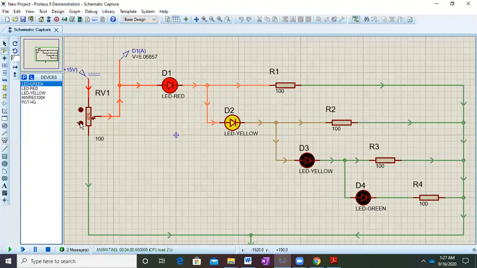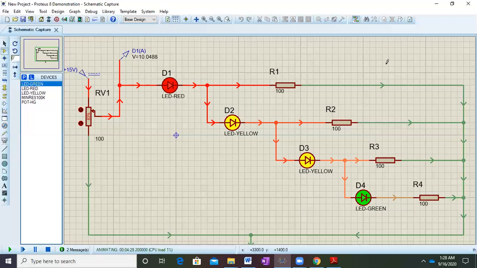As you can see, the first LED was glowing. Let us concentrate again. The first LED was glowing brightly around 3.3 volts. If you notice carefully, here it is. The second LED will turn on brightly at around 5.3. The third yellow LED will glow around 7.3 volts, and the last one will glow somewhere around 9.8. So this is the way the battery level indicator works.